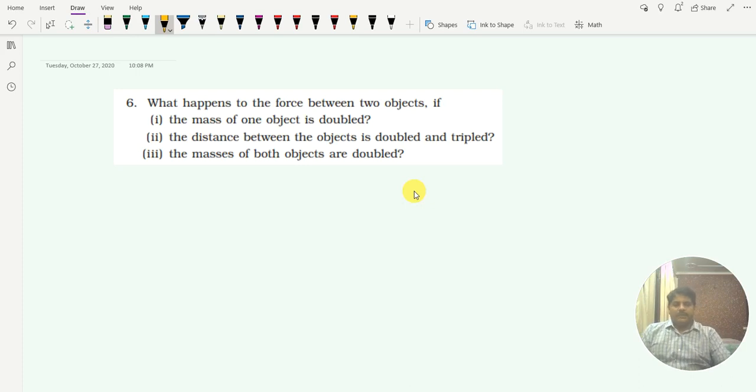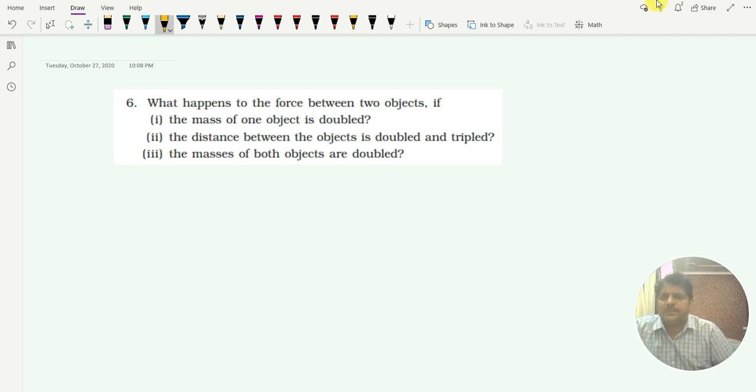Today we will be discussing a few questions of your NCERT book on the chapter of gravitation. So you can see on the screen already there is a question. When we continue with the lecture, we will be doing one by one a few questions of the exercise today. So without wasting time, let us come to the question.